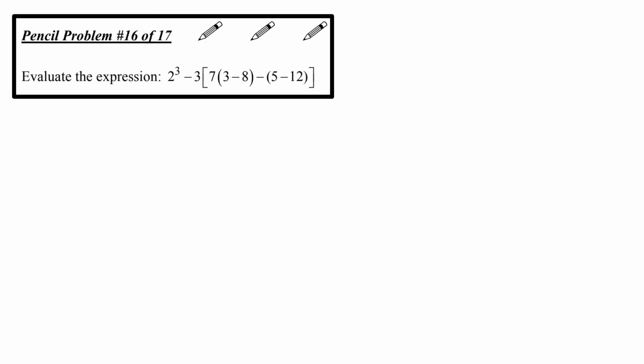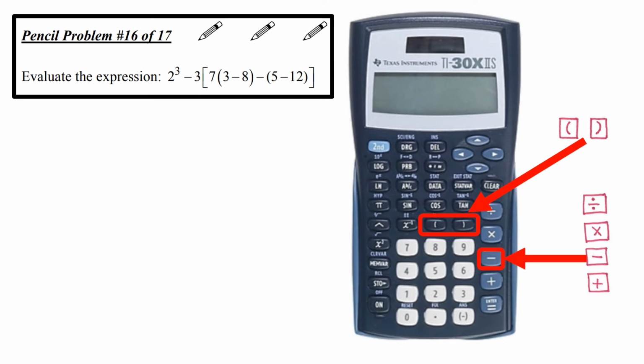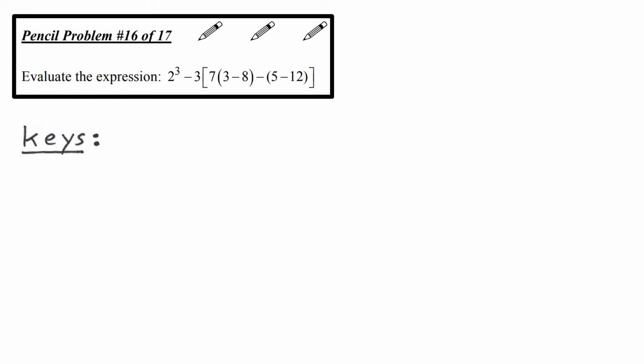Evaluate the expression. In your notebooks, we solved this problem by hand. Now we're going to look at the calculator steps. We'll need the parentheses buttons, the subtraction button, the negative button, and the exponent button. Let's take a look at the keystrokes. Start with 2. We have to raise it to the 3rd power, so we hit our exponent button, then the 3, subtract 3,